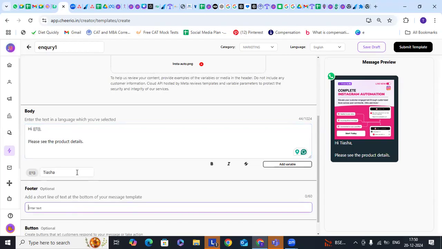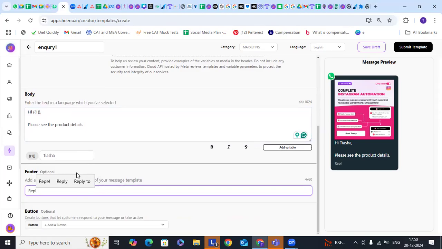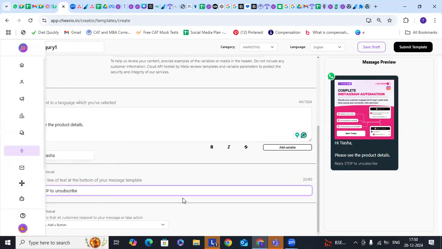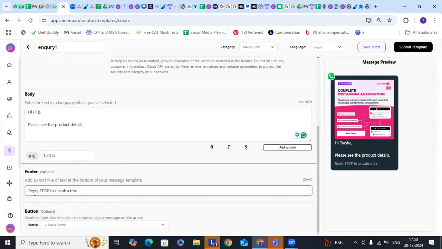In the footer sections, you have to write reply stop to unsubscribe. This is a mandatory disclaimer that you have to give. It gives an opportunity for your clients and customers to opt out if they do not want. So they will not block you immediately. They will stop and unsubscribe themselves. Those people who will unsubscribe will be coming around under the label called unsubscribe list on your contacts. So it's mandatory. You can rewrite the sentence in a different word, go a little creative, like please stop if you don't want to listen to us, like that.